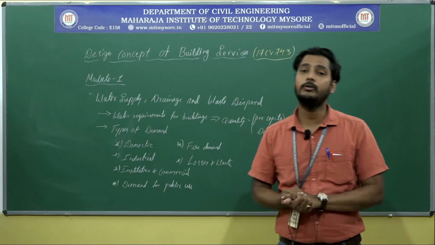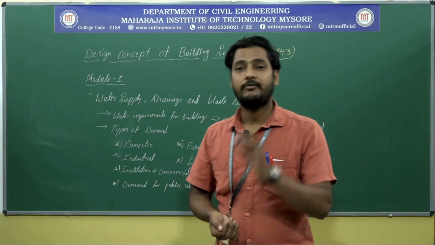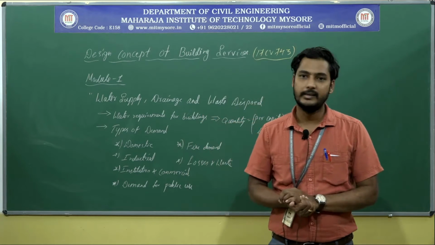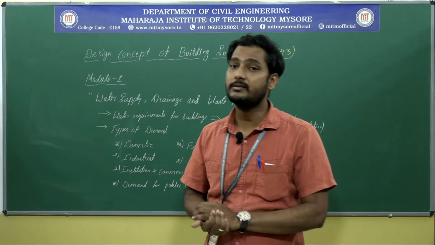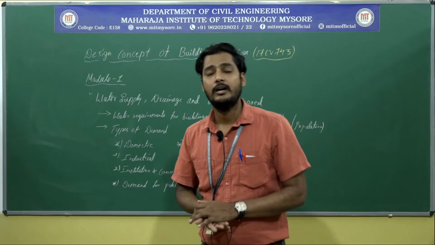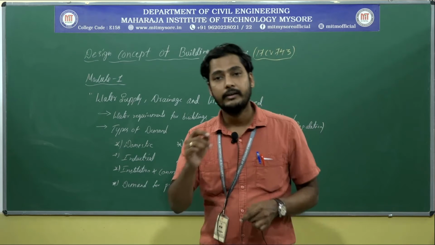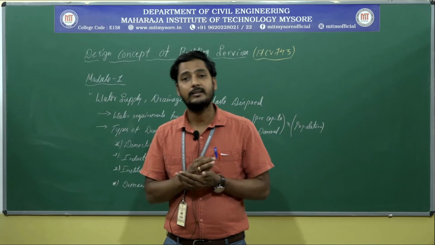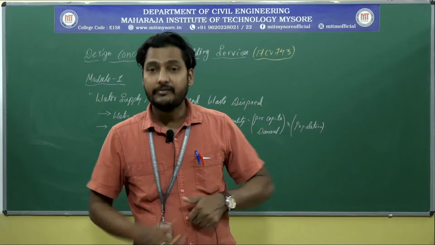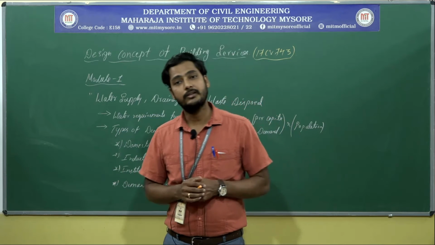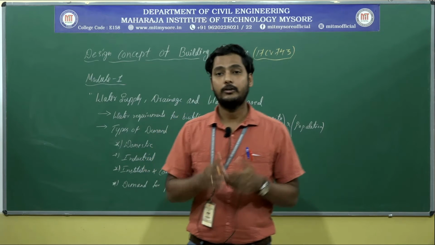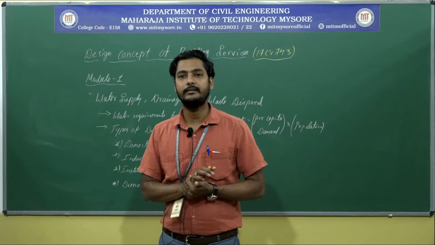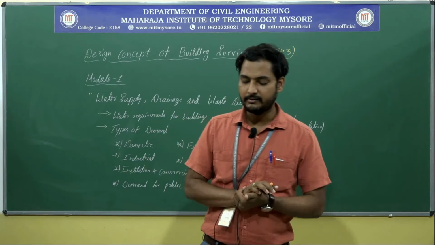According to IS code 1172, for drinking purpose 5 liters per day per person is required. Then for cooking we require once again 5 liters per day. For bathing we require 55 liters per day, for washing 20 liters per day, for washing utensils 10 liters per day, and for house cleaning or household requirements we require 10 liters